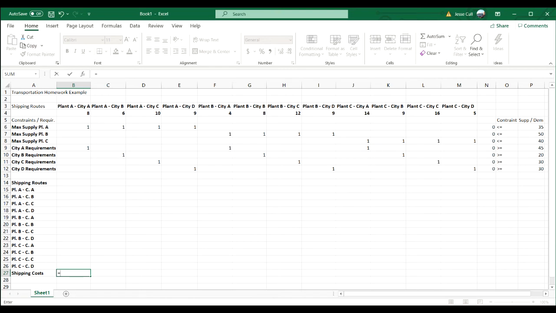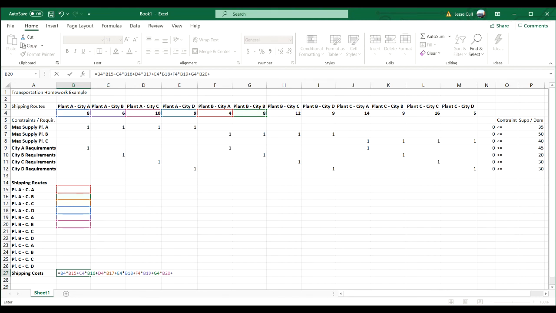So here, 8 times the number of times we run that route, plus 6 times the number of times we run that route, plus 10 times the number of times we run that route, plus 9 times the number of times we run that route, plus 4 times the number of times we run that route, plus 8 times the number of times we run that route, plus 12 times the number of times we run that route, plus 9 times the number